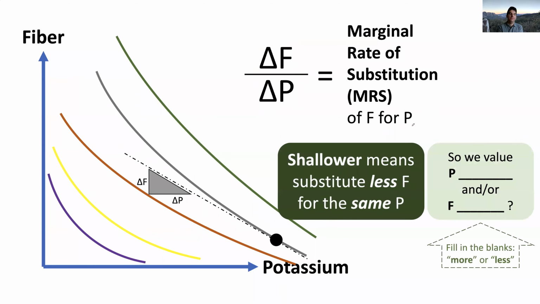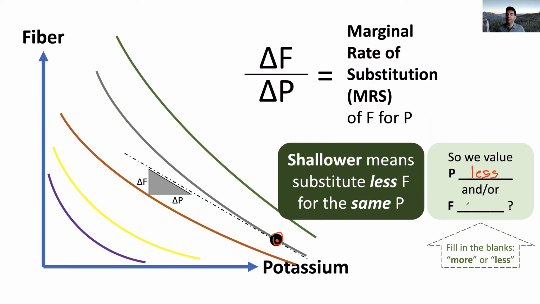So just to give an example of that, if I imagine a bundle down here that is very high in potassium but is very low in fiber, then what I see here is a much shallower line. And so my delta F over delta P is going to be a very low number. Because it's a shallower line, that means we're willing to substitute less fiber for the same amount of potassium. So in that case, when we have lots of potassium but very little fiber, then what we're saying is that we value potassium less